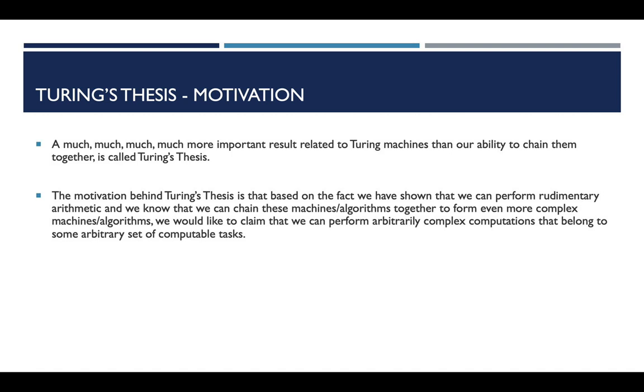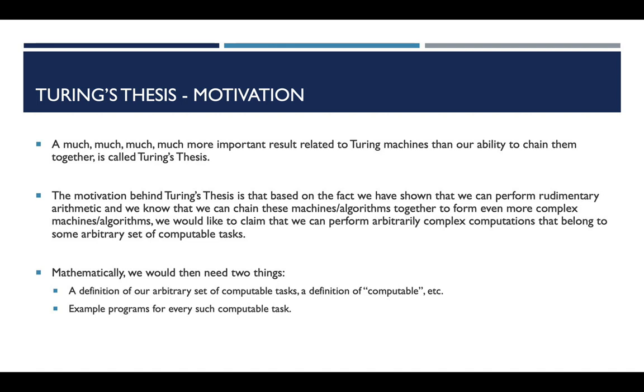And indeed, we have built a thing called lambda calculus that Turing machines can actually perform. Lambda calculus is actually an equivalence of Turing machines. And so we have these rigorous ideas of what computability means, and what we want to do is make these mathematically rigorous claims about what we can do in terms of computability with Turing machines. And in order to make that mathematically rigorous claim, what we would need is a definition of what this arbitrary